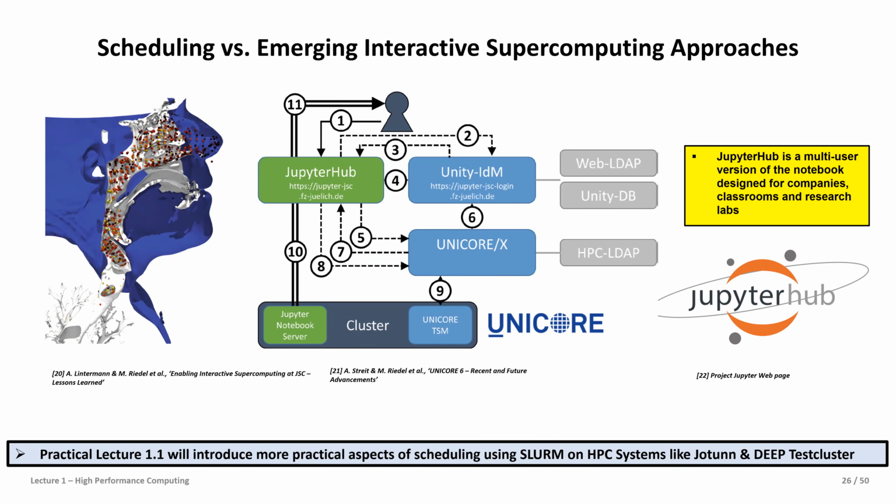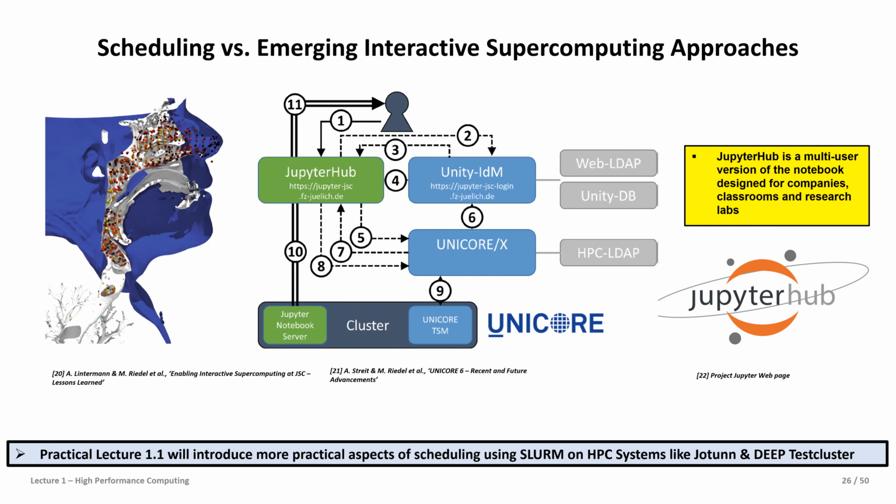When you think about scheduling, which we want to explore in the next lecture, there's an interesting, more recent approach to enable supercomputers with interactive access, the so-called interactive supercomputing approach. Now, this is in real contrast to the batch system I just mentioned. So you will be put in a queue, you will wait maybe a day, and your job will run tomorrow. And here we see the interactive supercomputing approach, and using this JupyterHub technology, you are able to use a Jupyter notebook, an interesting environment that enables you to work instantly on a cluster, on an HPC machine, and